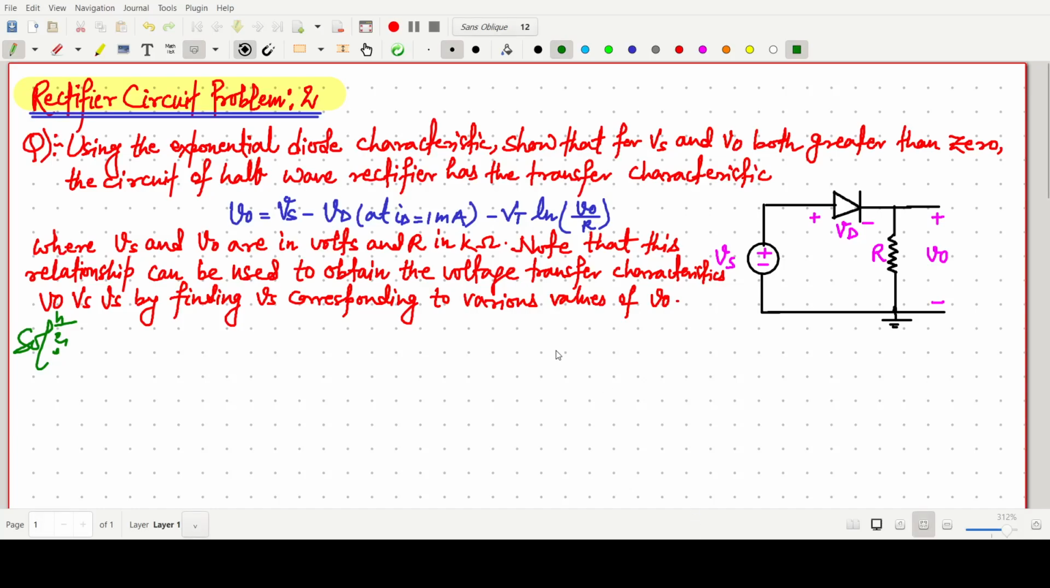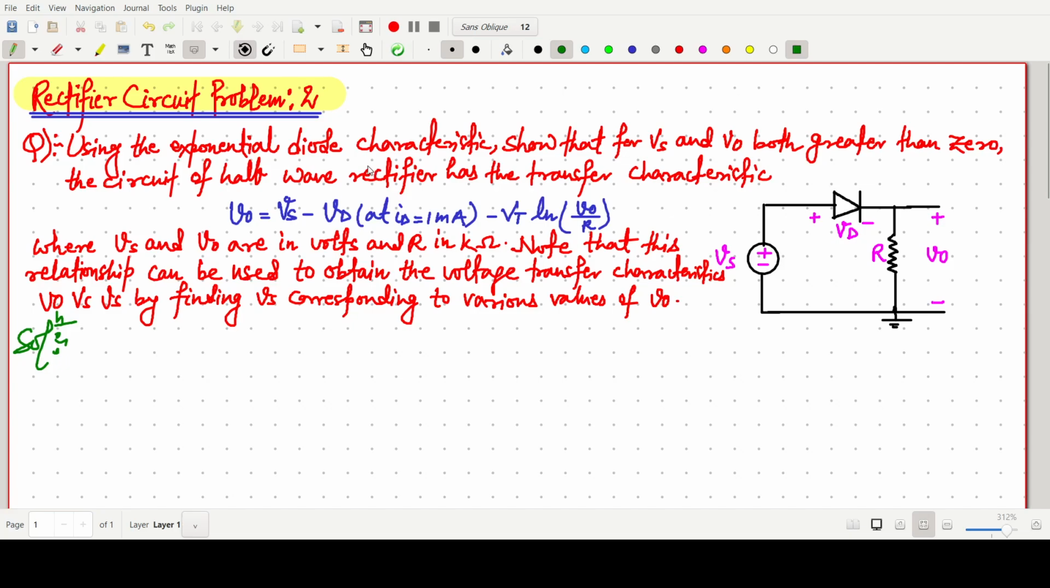Welcome everyone. In this video lecture, we will solve a problem based on rectifier circuit, which is basically from the Microelectronics circuit books by Smith. So the question is, using the exponential diode characteristics, which means we have to use